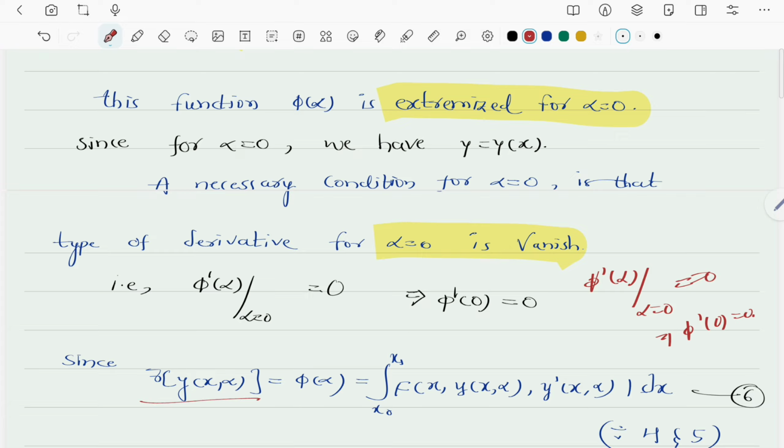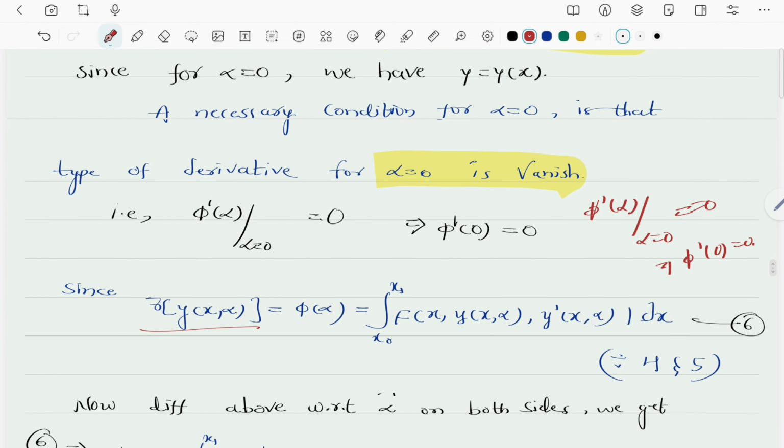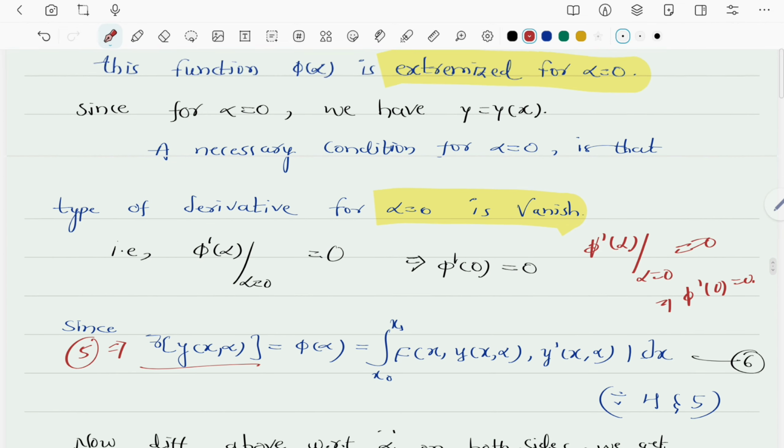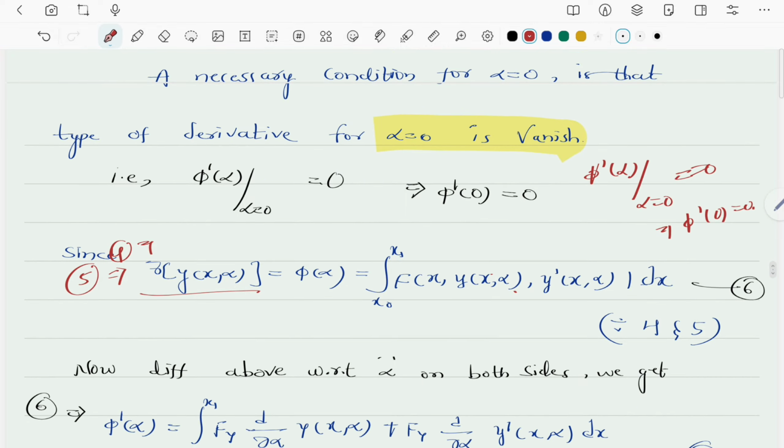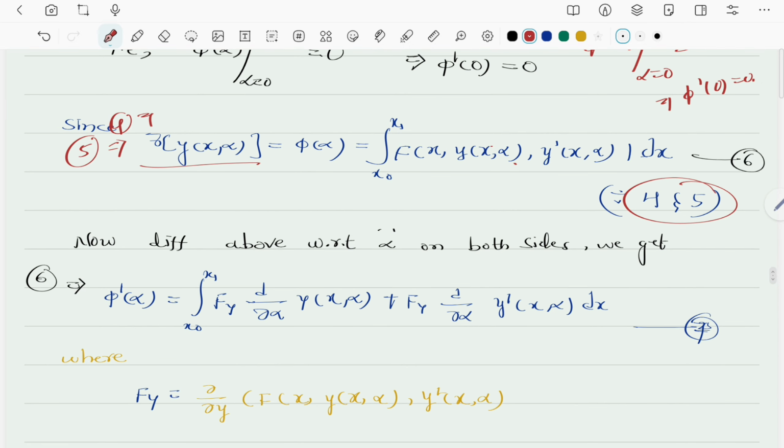Therefore, since gamma of y of x comma alpha is equal to phi of alpha, from equation 5, equation 4 becomes gamma of y of x comma alpha equal to phi of alpha, equal to the integral from x0 to x1 of f of x comma y of x comma alpha comma y dash of x comma alpha dx. Call it equation 6. Now differentiate equation 6 with respect to alpha on both sides. Here we get phi dash of alpha is equal to the integral from x0 to x1 of fy